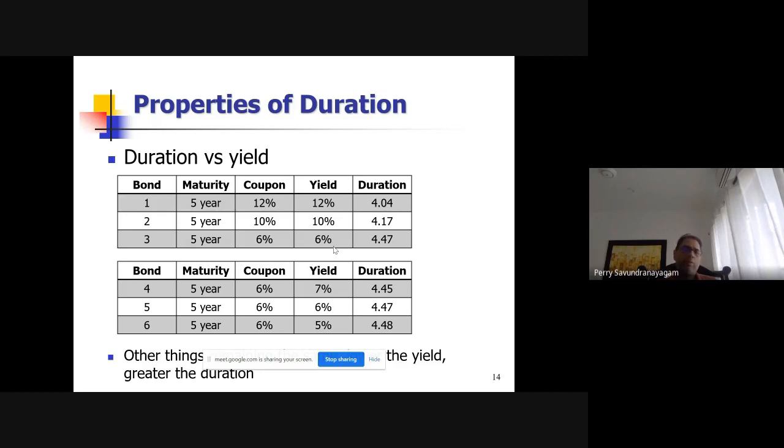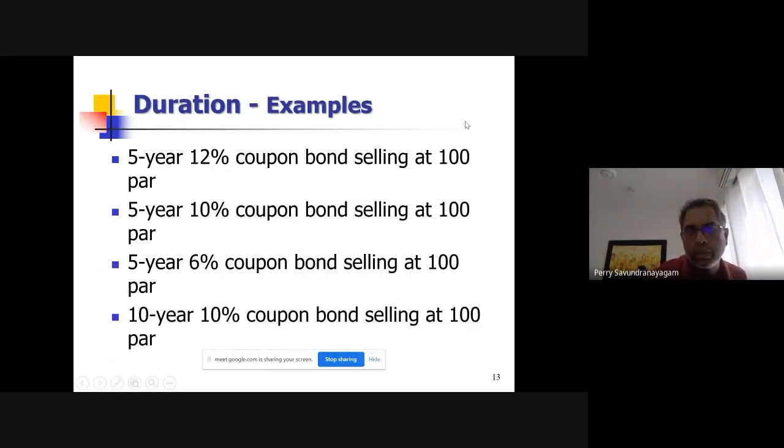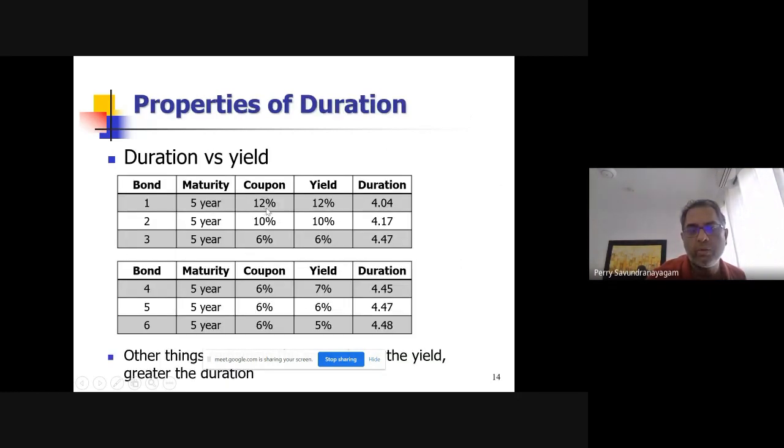If you are getting paid the coupon on the same period, say every year, how does it impact duration? Simply because all other conditions are the same. It's 100 par and everything is the same. You're getting paid back effectively whatever you've invested faster through the coupon, right? And therefore your duration is less. So a 5-year one calculated for duration here effectively works out to only 4 years, while the 5-year 6% annually